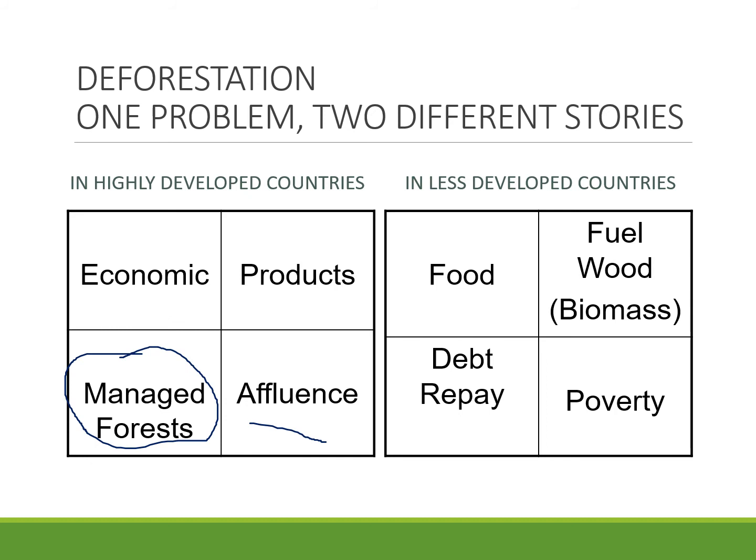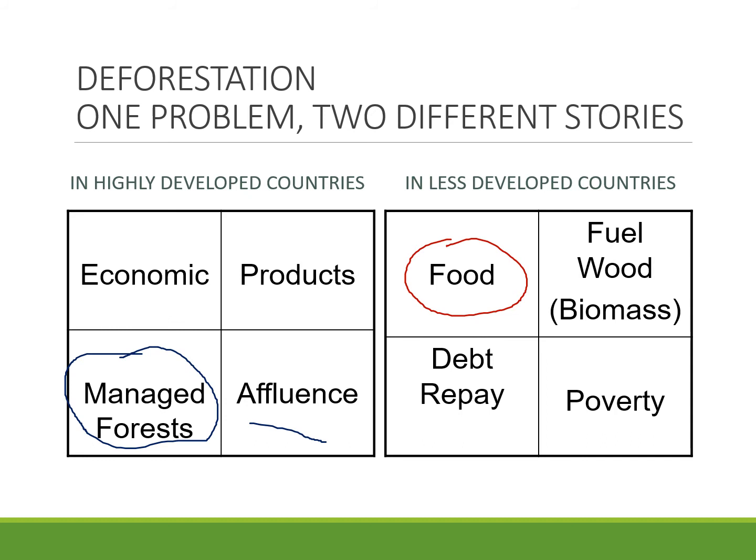And then how is that different? Well, in less developed countries, say a lot of countries in Africa or Brazil, people are cutting down the forest, remember, to grow food. They cut down the trees. Nobody owns the forest. They can go in at their own will and cut down the forest. Well, they don't have any money for fertilizer, so they burn the trees. That adds nutrients to the soil. After a few years, the soil is depleted, so they go deeper into the forest, cut down a new plot of land, burn those trees. So it is for food. They may even gather food in the forest, but mainly it's for that kind of subsistence agriculture. We often call it slash and burn.